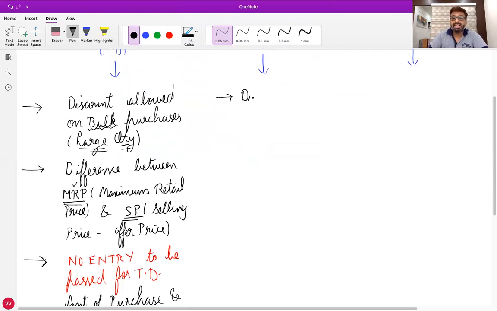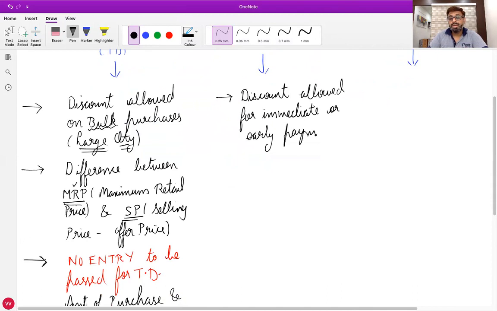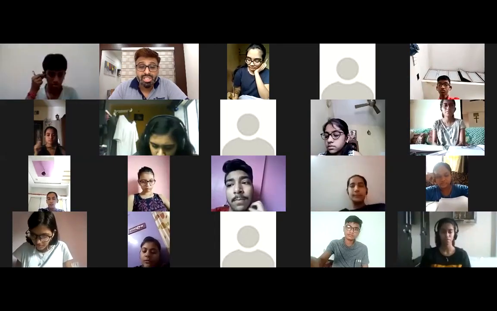So this is the discount allowed for either immediate payment or early payment. Did you all understand this or not? Yes, sir. Now this 2,000 is definitely a loss for me, an expense for me, because otherwise I would have charged